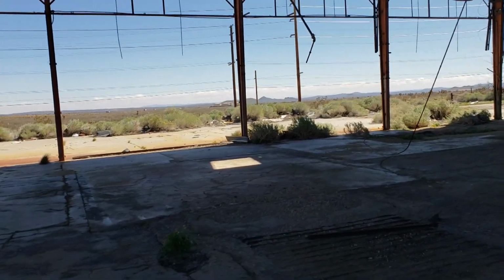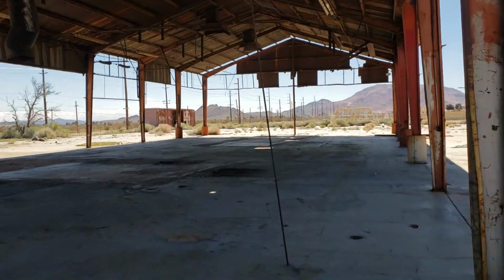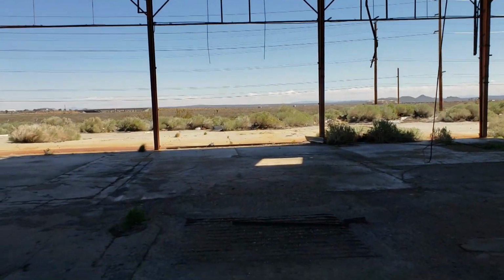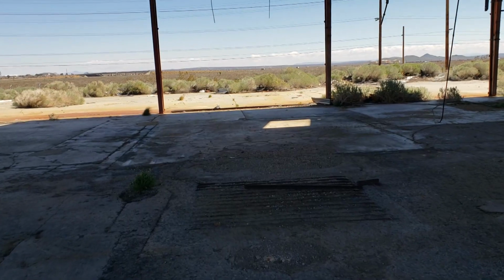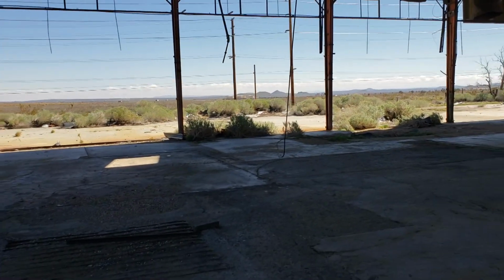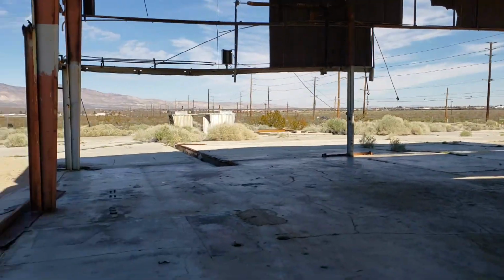And down at that end, the trucks would come in and they would deliver these big blocks of aluminum. They were all piled up out there at the end of the house. And they would bring them over here. This was a big open face furnace. And they would put those blocks of aluminum in there and melt them. And then they would, on that end right there,